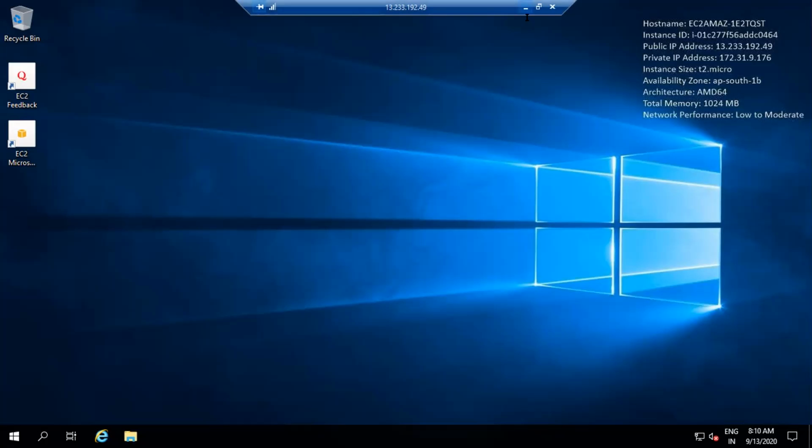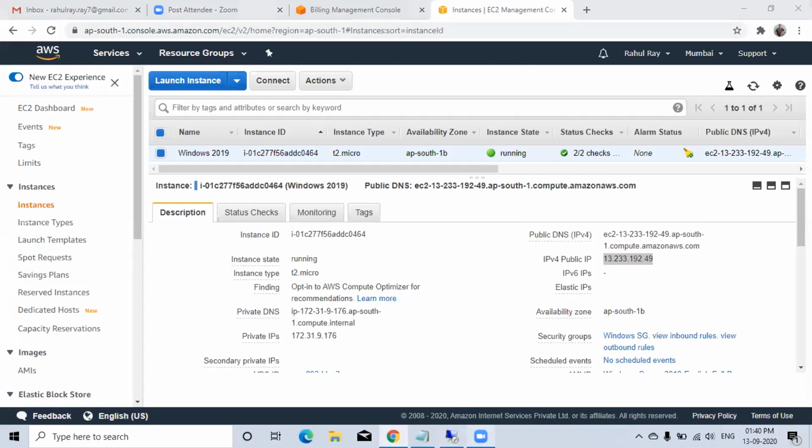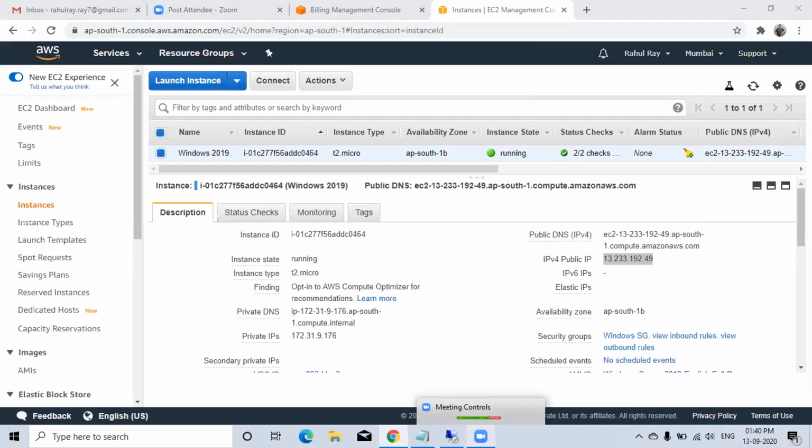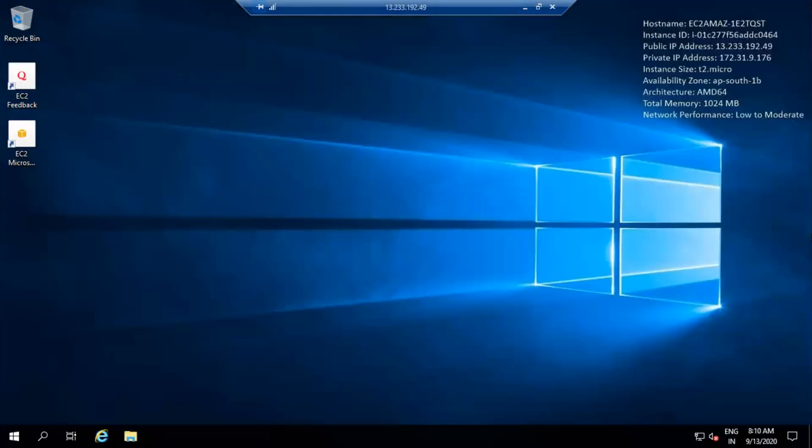Our purpose is to create the bucket, so for that we require a command line interface. So we go to Internet Explorer on the Windows machine that you have created, not on your system, from the EC2 instance.